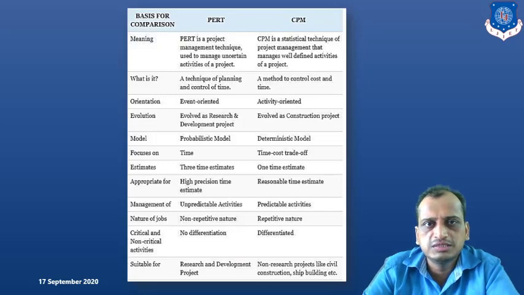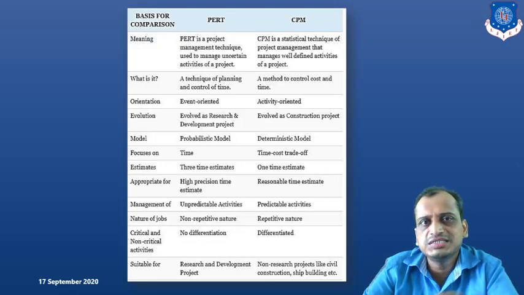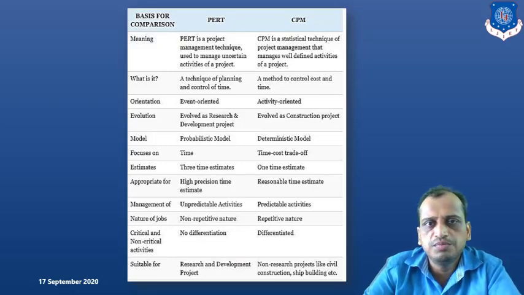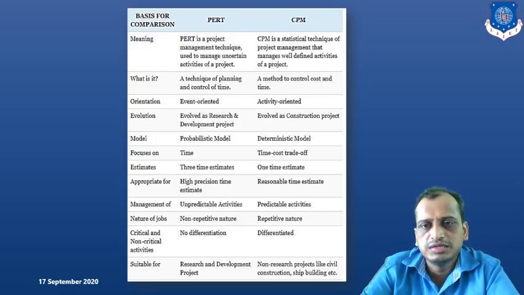Now, Navy projects like submarines and nuclear projects are built based on the PERT technique, right? So PERT is specifically focusing on probabilistic time, while CPM focuses on precise time, meaning for activities we know beforehand the precise time of completion. In the case of PERT, it is not. We do probabilistic estimates. We will look into the examples. Also, if you see the evolution, PERT has evolved as an R&D project, right? As I discussed, as an application.